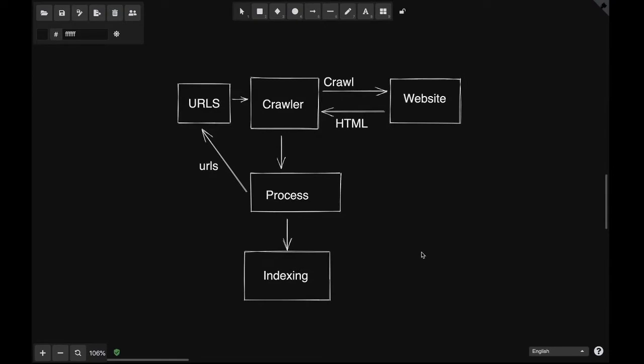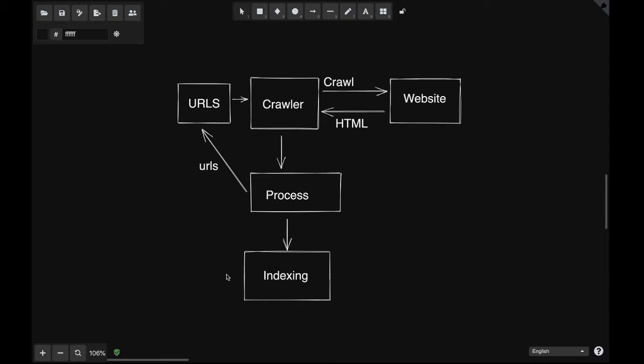It's day 8 and today we'll be seeing how SEO works with JavaScript. Ideally, Googlebot, or generally any bot, works like this: it has a list of URLs and then the crawler. For Google, it's the Googlebot, and it crawls through the websites, gets the HTML, processes the HTML, and then from the processed HTML, whatever URLs it gets, it passes them again to the URL queue, and then it indexes the HTML. So when we search for something, that particular data is searched in the index and returned to us in search results.